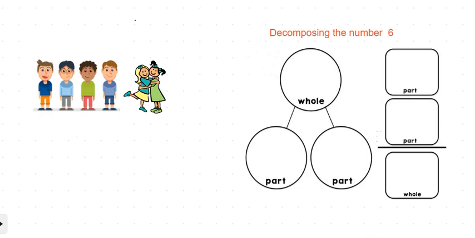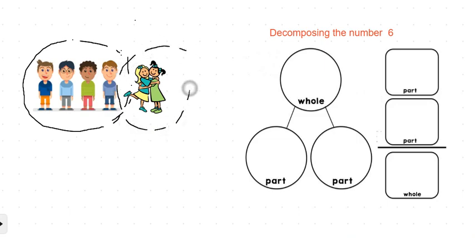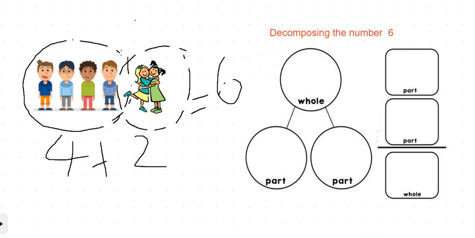So, one way could be to circle 4 and then circle 2. So, we can circle 4 and 2. Did you guys know that 4 and 2 make 6? Absolutely does. That's one way that we can do it. So the part would be 4, the other part would be 2, and everything all together would be